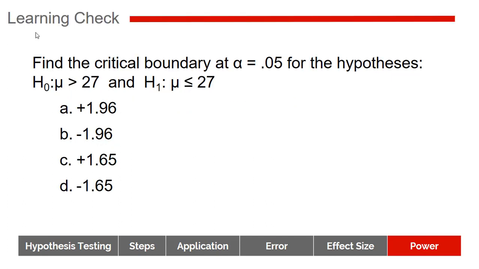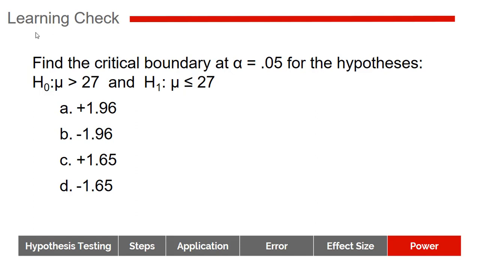So let's try a learning check to see if you have a grasp of this non-directional versus directional tests. This asks us to find the critical boundary at alpha 0.05 for the hypotheses. And as we look at these hypotheses, they are not a two-tailed test. These are examples of hypotheses for a one-tailed test, meaning that all the alpha is going to be clustered up